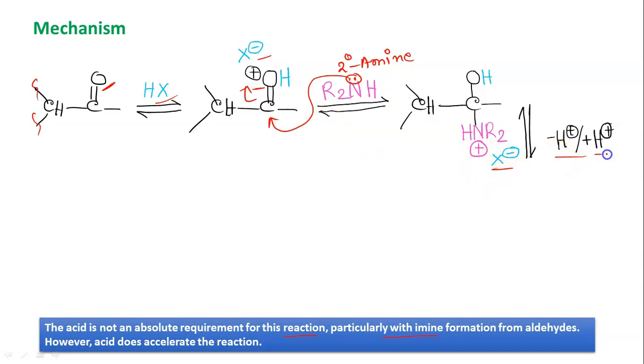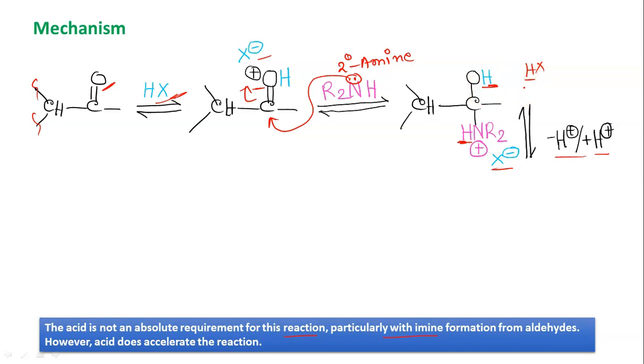Now there will be proton exchange. So this proton, now it will be going towards this side. You can also do one thing, that is, if you are not mentioning HX in the first step, then you can also mention HX in the second step, where this OH will take a proton from HX and it will be converted to OH2+.